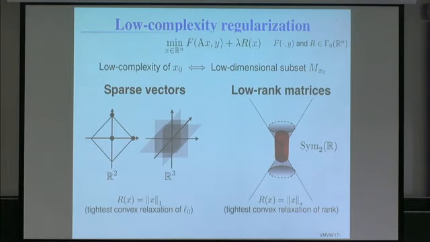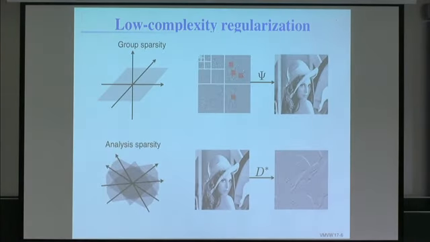So what I'm going to do here is basically to go back and forth from this kind of regularization to the same kind of regularization on the spectral properties. We call this spectral lifting in the following. Of course, in image processing, we have many other priors. For instance,